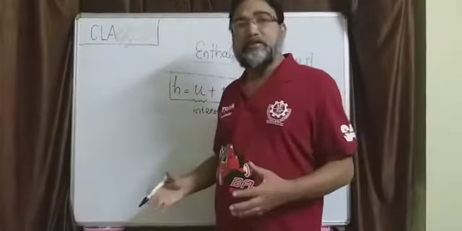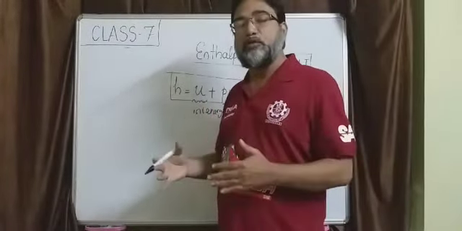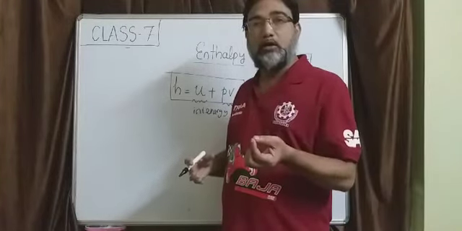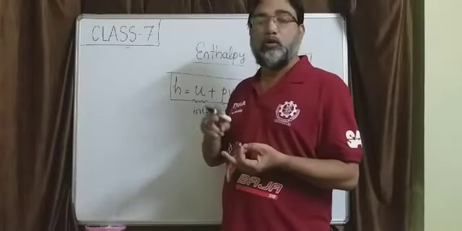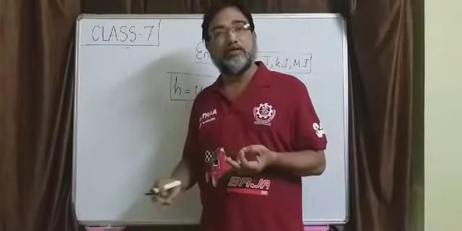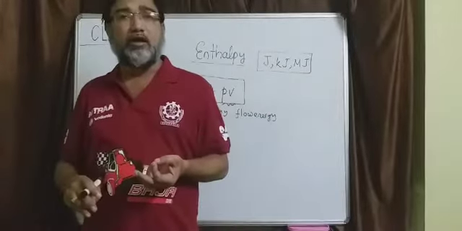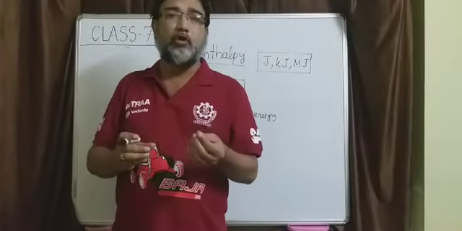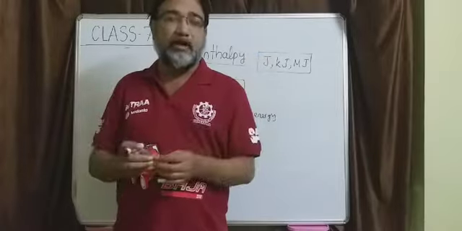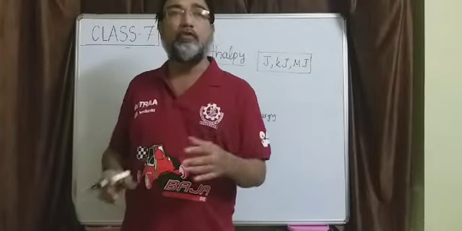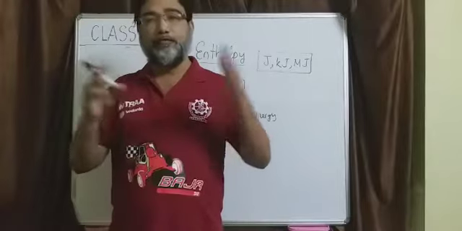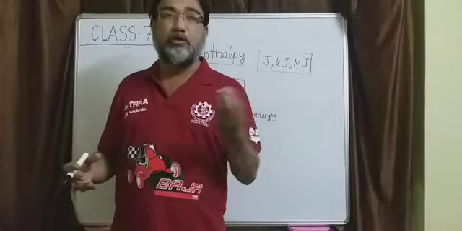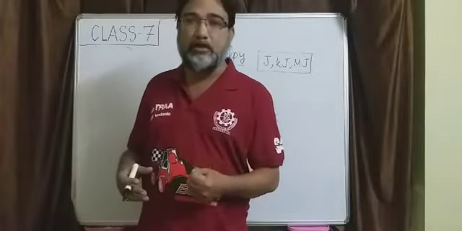just because of its existence, it has some internal energy, and we have already discussed what that is. Internal energy of one molecule consists of its rotational kinetic energy, vibrational kinetic energy, translational kinetic energy, nuclear energy, electronic energy, all forms of energy possessed by a single molecule. The sum of that is called the internal energy of the molecule. Now when you have a bulk of gas, a bulk of the system, it contains n number of molecules, and n times this internal energy gives you the total internal energy of the system.